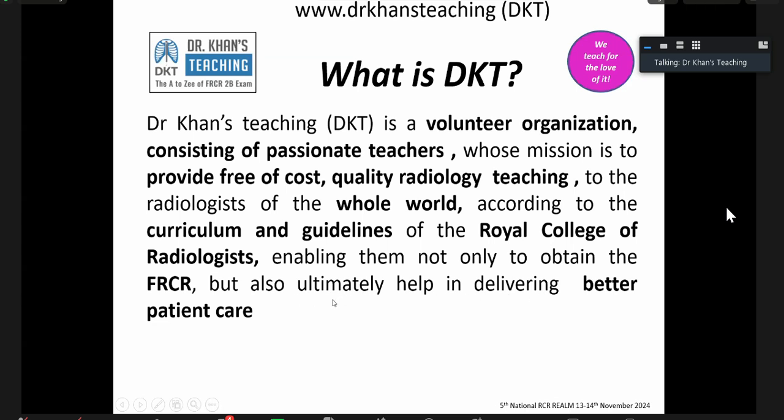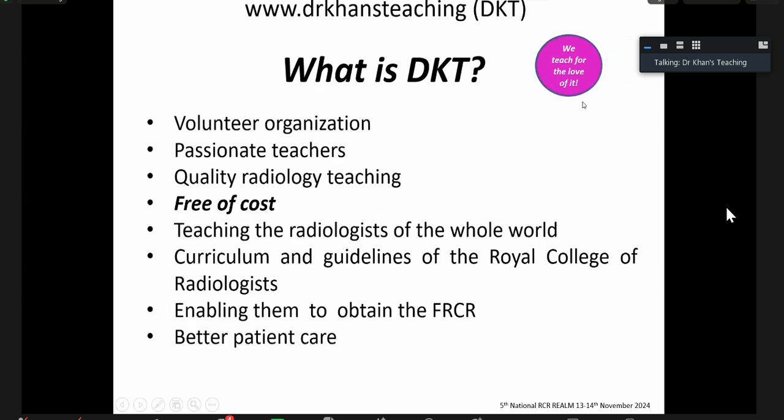So we feel that if there are better radiologists in the world, there will always be better diagnosis. And in the end, who benefits? It's the patient who benefits. Look at this. This is our motto. We teach for the love of it. Simple as that. So this is just a breakdown of the same definition, and I just wanted to emphasize that